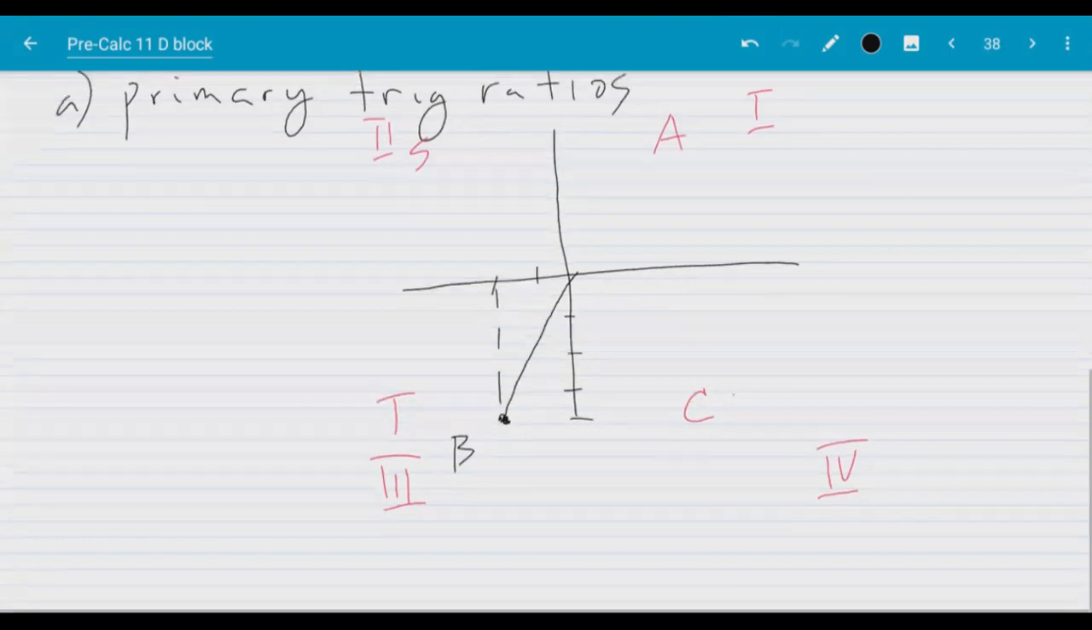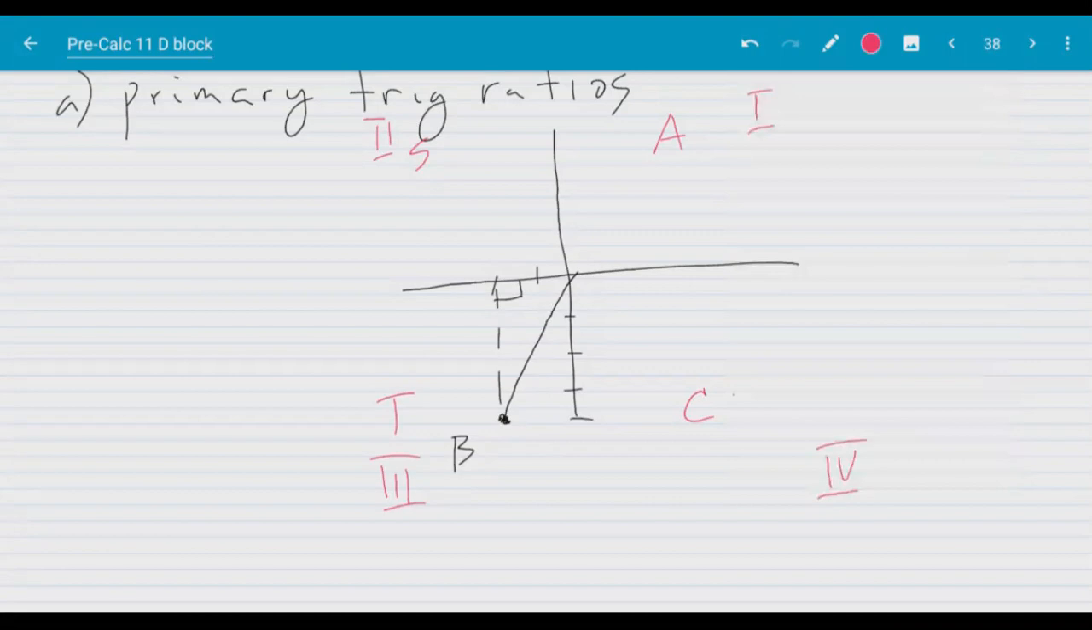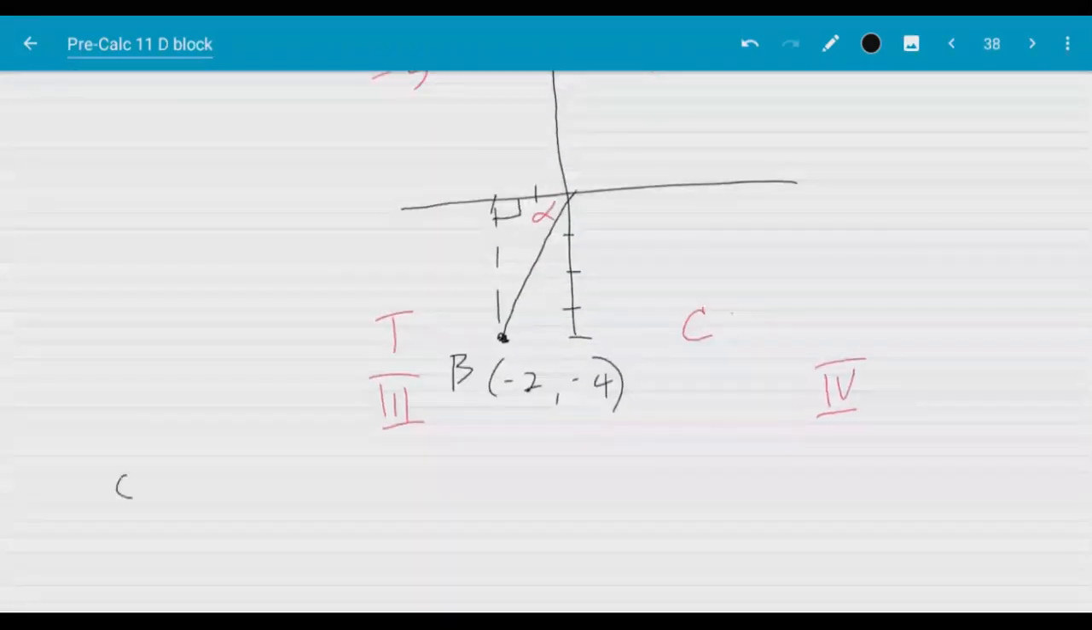So I'm creating a right triangle here, as you can see. I will call my angle not theta but a different name, alpha. That alpha is the reference angle, the angle going this way. Therefore, if point B is (-2, -4), the cosine of alpha will be